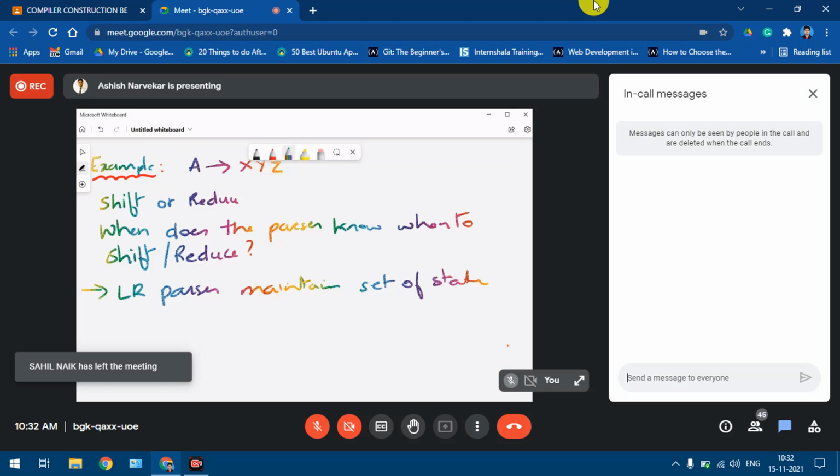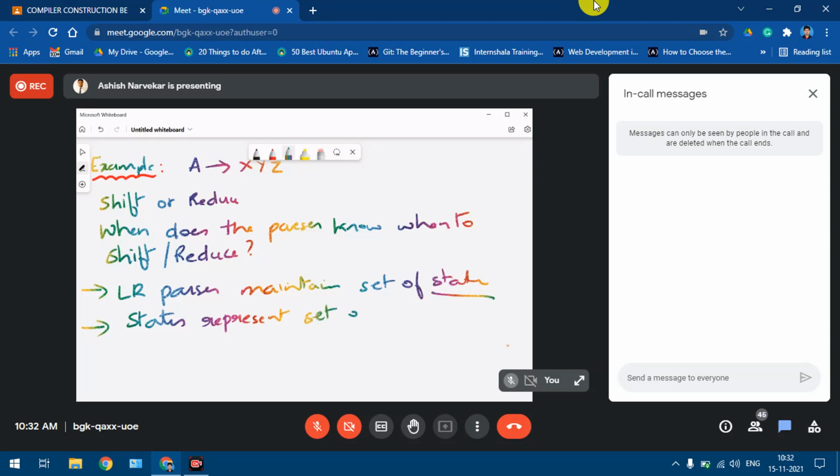Now these states refer to nothing but a set of items. Now what is a set of items, what are items, all that we'll see now.